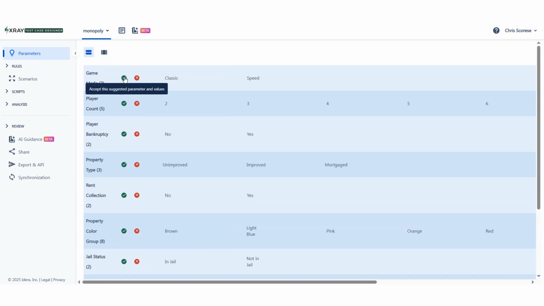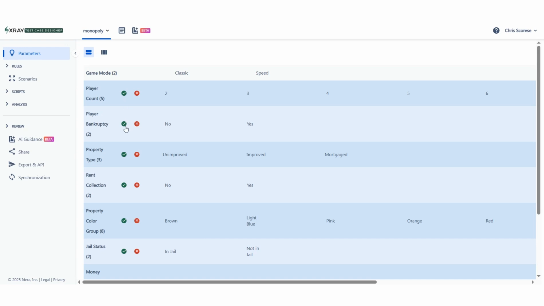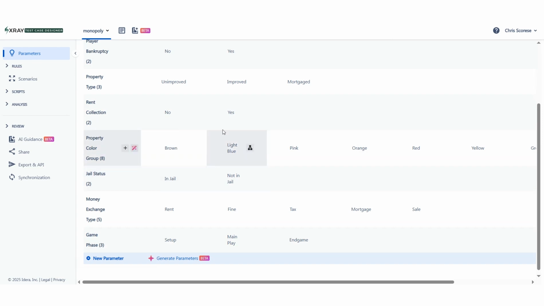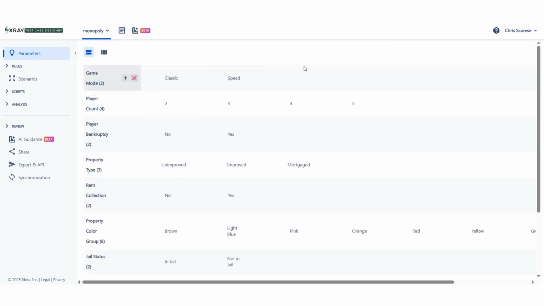So we can accept one at a time, we can reject any that we think we don't need, we can accept or reject specific values as well. Say we don't want it to allow us to play with 6, we can remove that as a possible value to the first parameter for player count. So let's say we like the rest of these, we can click accept all, and we have the start to